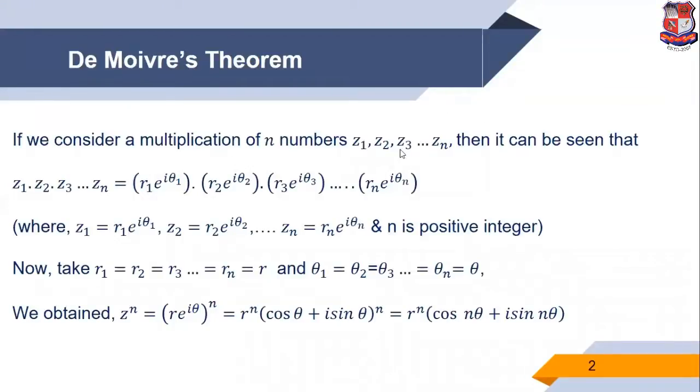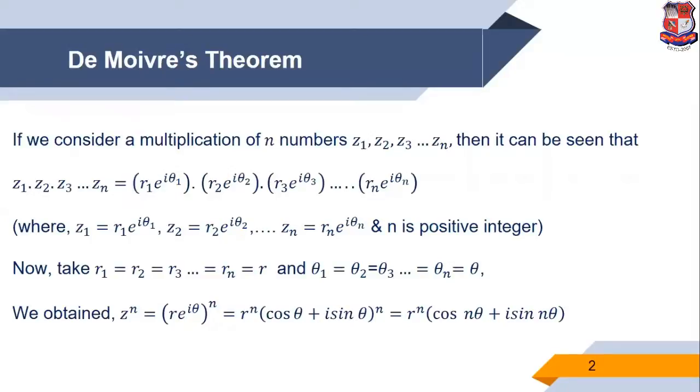In the previous lecture we discussed multiplication of 2 numbers and 3 numbers, but here we consider a multiplication of n numbers, z1, z2, z3 up to zn. Then it can be seen that z1, z2 up to zn is equal to